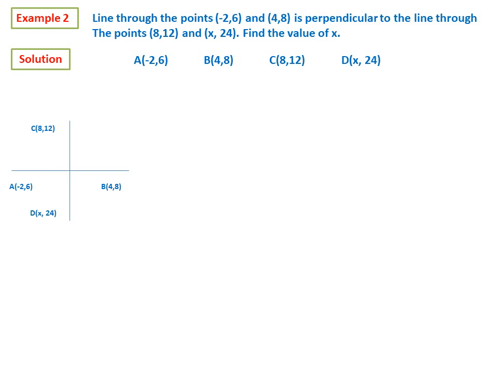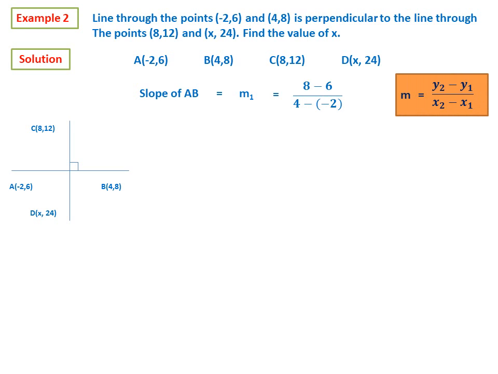C is (8, 12) and D is (x, 24). What is the condition given? They are perpendicular. So how to find x now? Let us see how we can do it. See, we have to calculate the slope of AB. Let us say that is m1, and we know the two-point formula, that will be equal to y2 minus